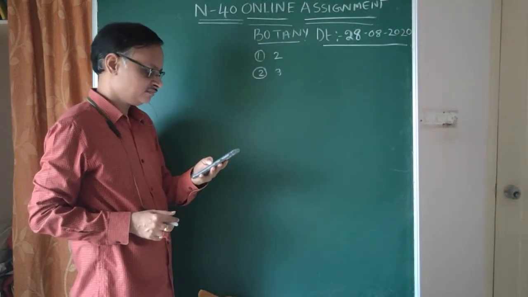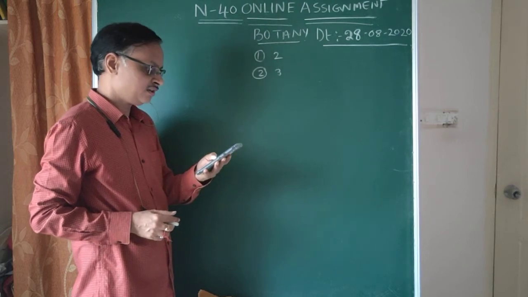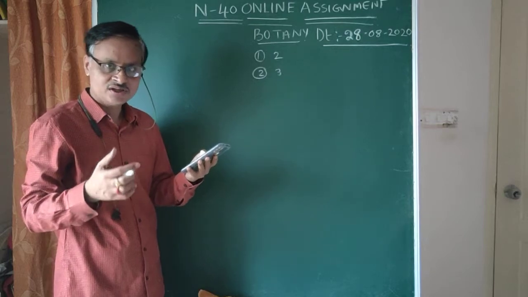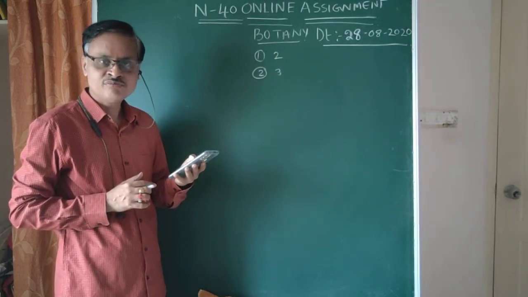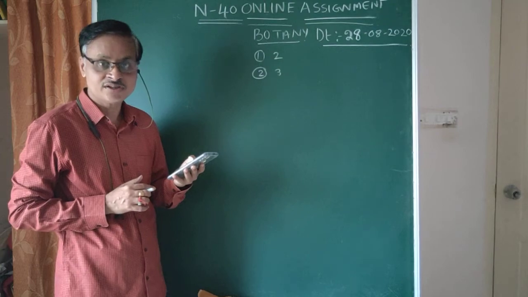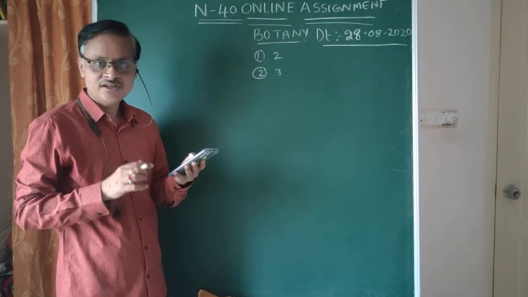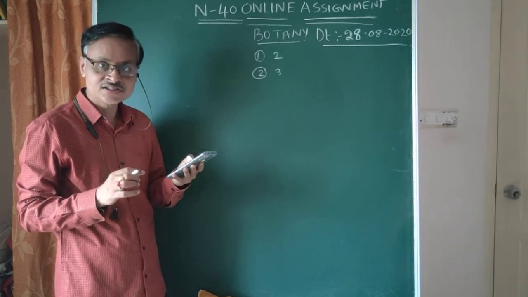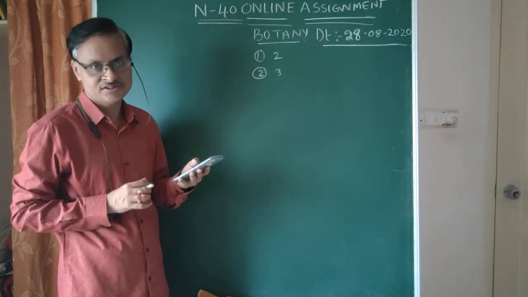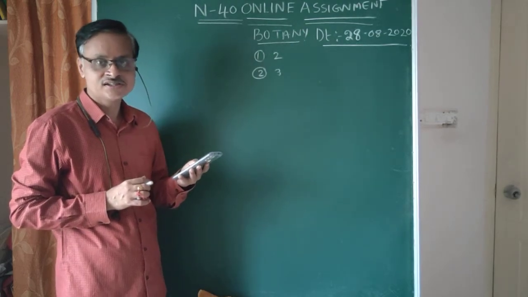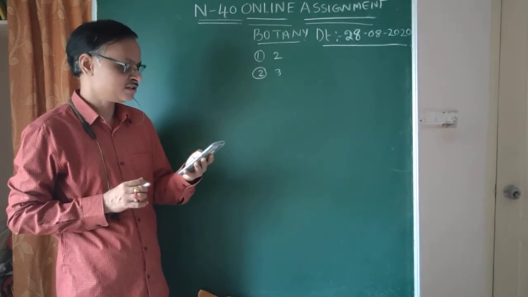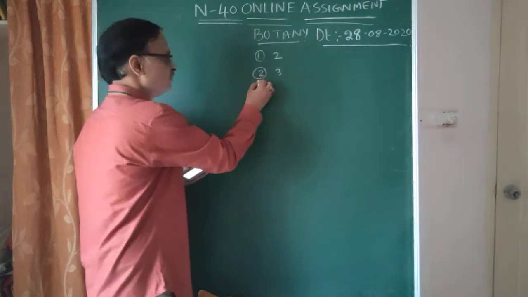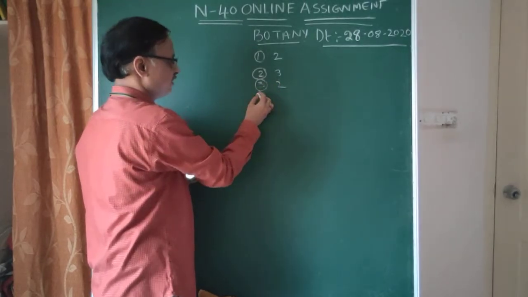Students, question number 3. What is the method of formation of ATP in mitochondria? In mitochondria or in chloroplast, ATP synthesis occurs according to the chemiosmotic hypothesis. In the chemiosmotic hypothesis, the proton concentration gradient is the main driving force for ATP synthesis. For both the organelles, it is applicable. Come to the options. Osmosis is wrong. Chemiosmosis is correct. For the third question, the second option is correct.